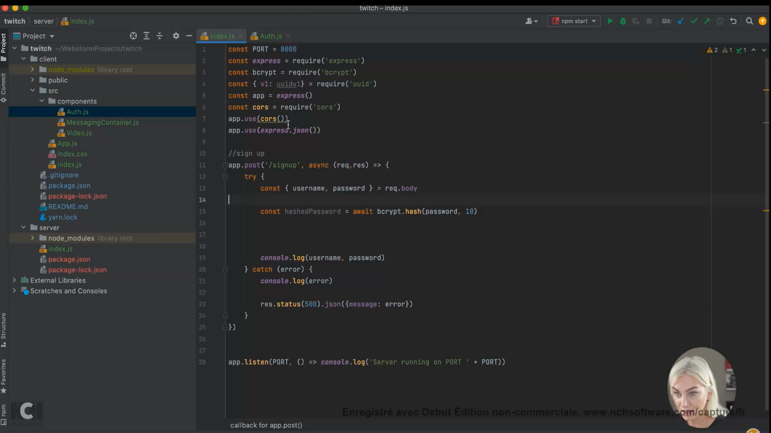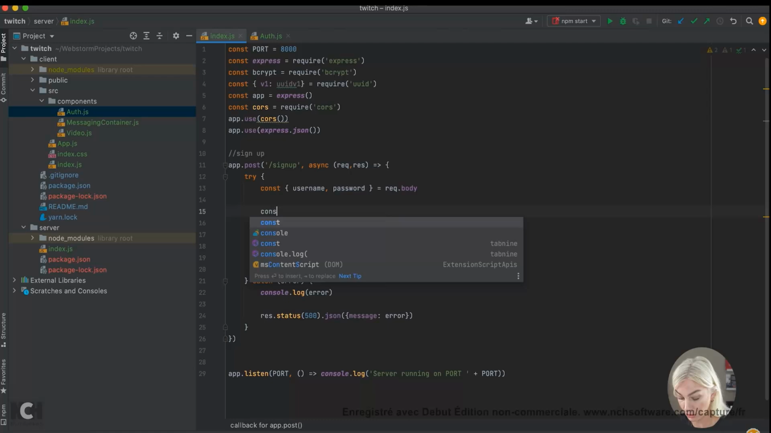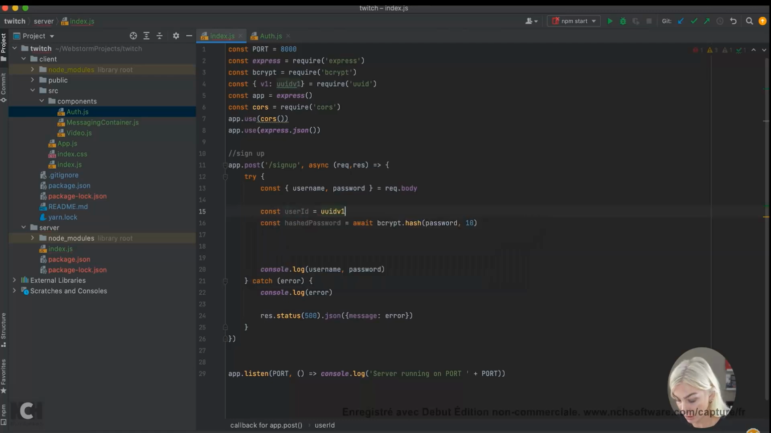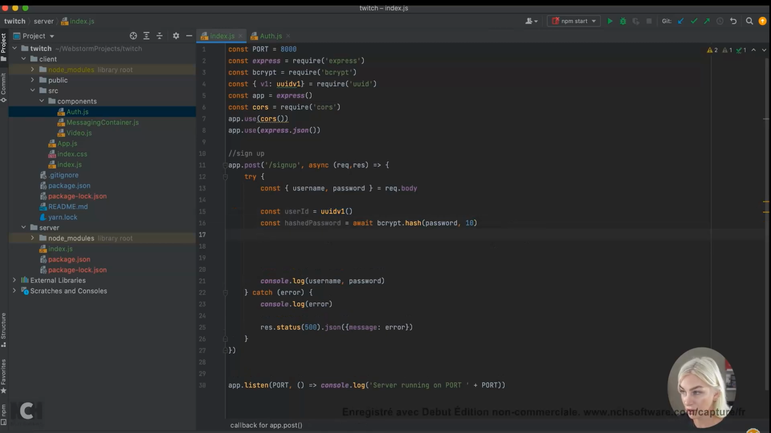So let's go ahead and now use UUID version 1. And let's say this is const user ID and just call it. So it really is that easy. This is just the time-based UUID. So we've got a user ID, we've got a hashed password. Now from the documentation, I know that I need to